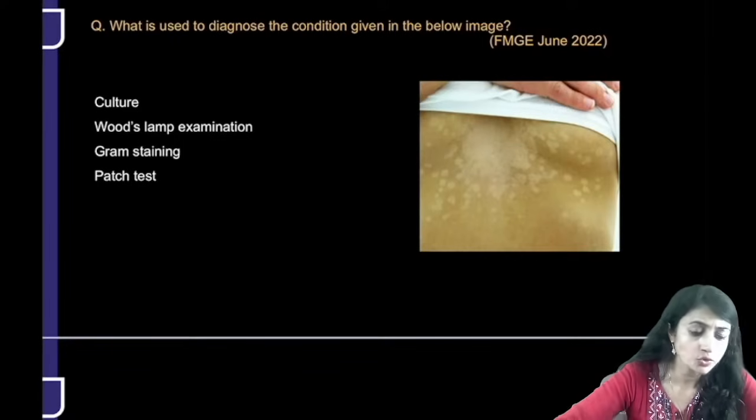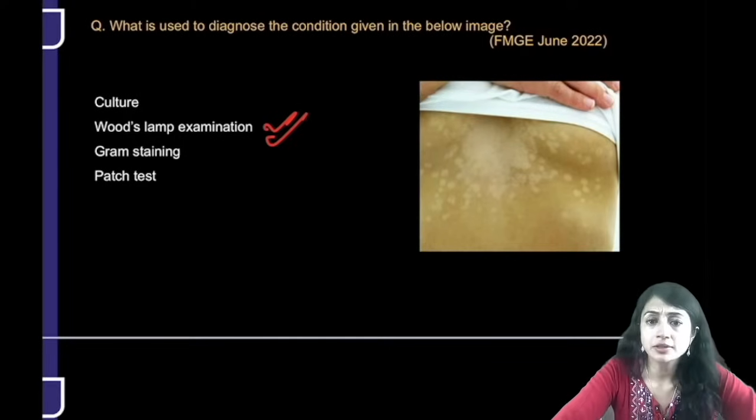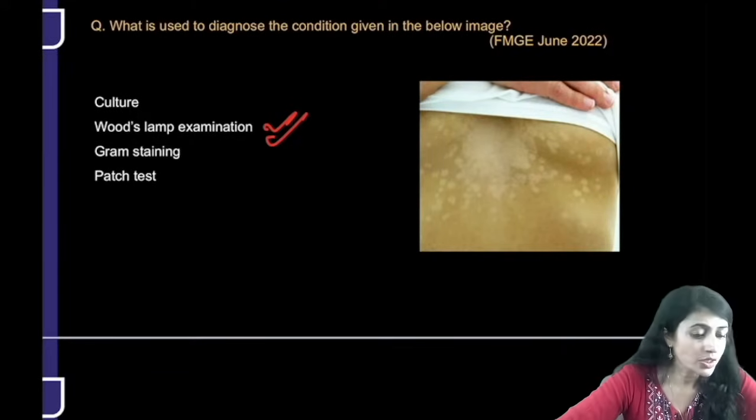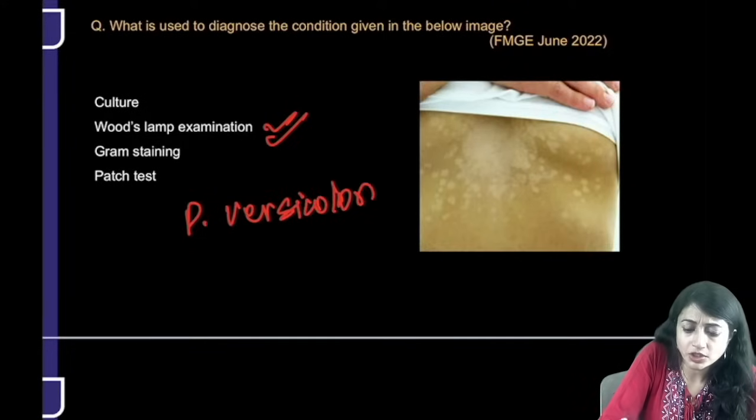Yes, you use Wood's lamp. So what is this condition shown here? You're seeing hypopigmented macules which are coalescing on the inframammary area. So what is this condition? And apart from Wood's lamp, yes, you're all right. This is pityriasis versicolor. Tell me one other test that you can do for pityriasis versicolor and what is